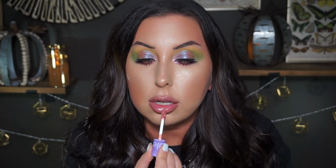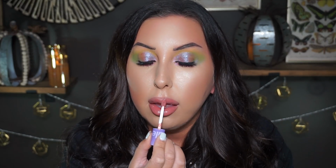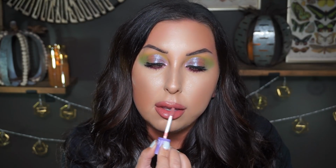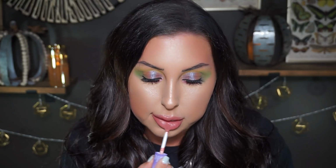So this again is their Cloud Lip Clay, which is a really pretty color. Okay, I like how pointy the applicators are on these. Oh, I really like this color. This is a me type of lip shade. Okay, so I'm just applying it like that. It's very moussey feeling, kind of whipped. Okay, I really like this lip color. I'm gonna let it dry down, and we are gonna try the blush and